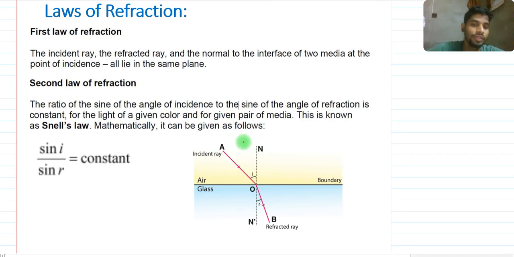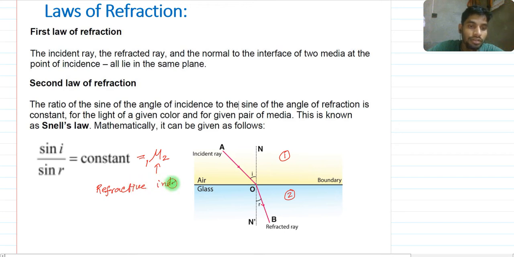refraction, called R. When a ray moves from one medium to another medium, suppose a light ray moving from medium 1 to medium 2, and the angle of incidence in medium 1 is I and the angle of refraction in medium 2 is R, then sin I by sin R, we all know what sin is, the trigonometric rule, height by hypotenuse, sin I by sin R is a constant, which is called mu. Suppose mu of the second medium with respect to the first medium can be written as 1 mu 2. 1 mu 2 means refractive index,